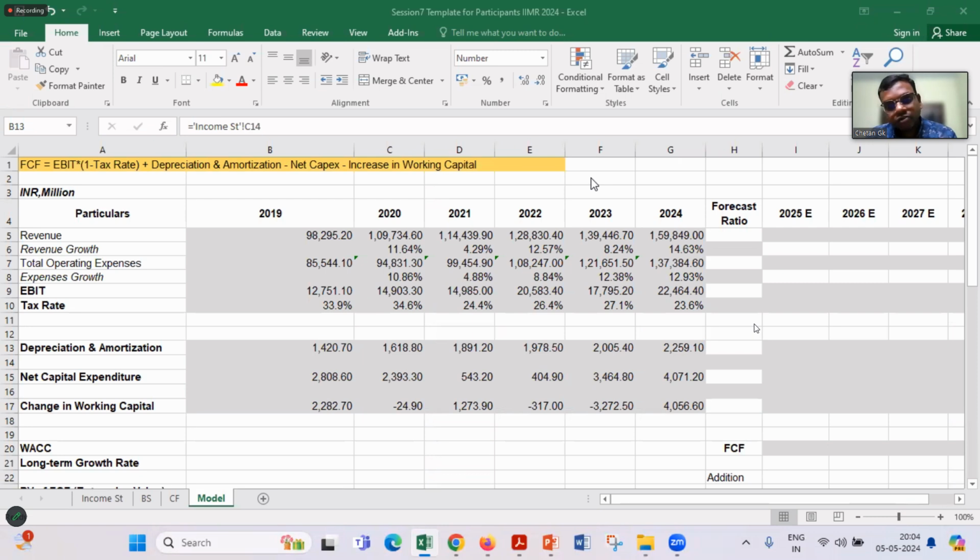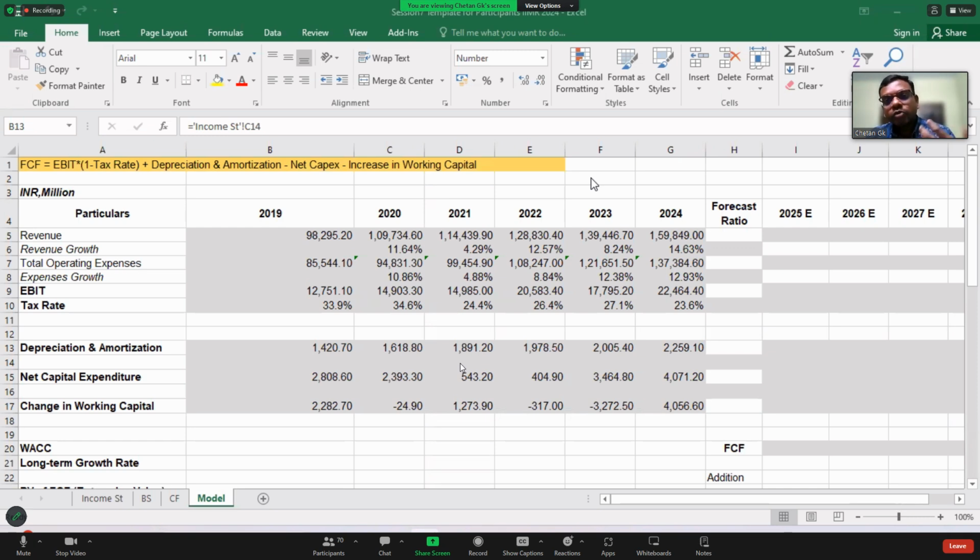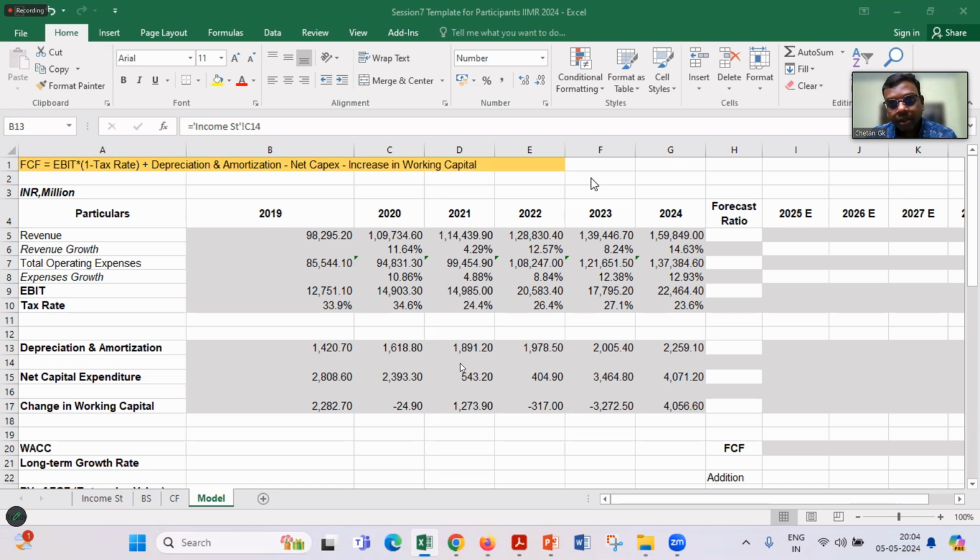Because so far what we have taken is only historical data. Now, based on the historical data, we want to do some sort of forecasting. Forecasting, you know, may go wrong or may turn out to be true as well. It is not in our hands. Supposing I'm doing this analysis in 2019, do I know that in 2020, 2021 COVID and the pandemic are going to hit, because of which my company's operations will be disrupted? Can I forecast that beforehand? I can't really do that. So that is the reason uncertainty goes into it, and that is the reason we call it a forecast.